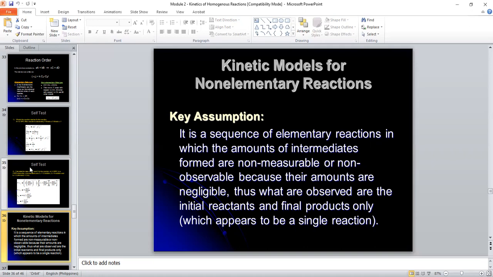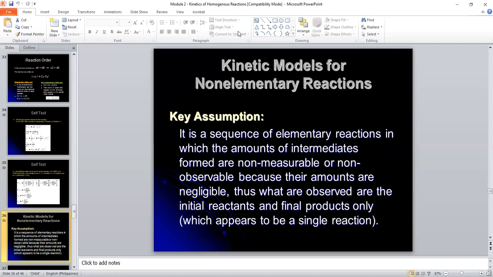Now, there are very important key assumptions which we will use in proving the correlation. It need not be at all times that they are correlated, but if the problem is already implying that there is correlation between the provided rate equation and the mechanisms, then all you have to do is prove the correlation using these key assumptions. So what are these key assumptions? Number one assumption,